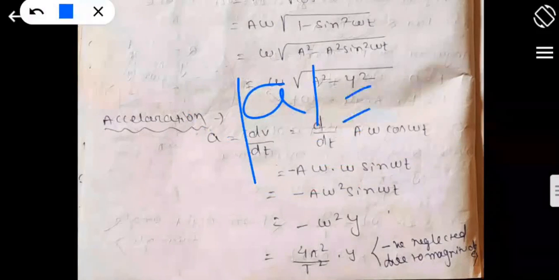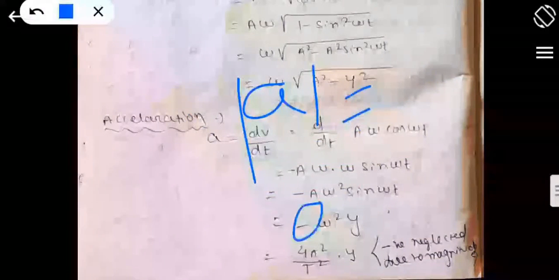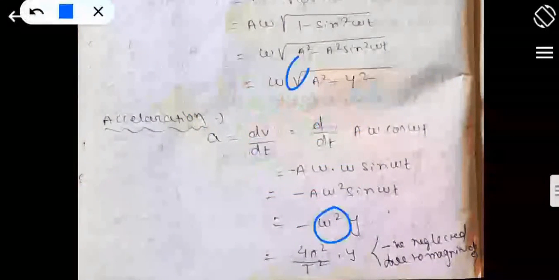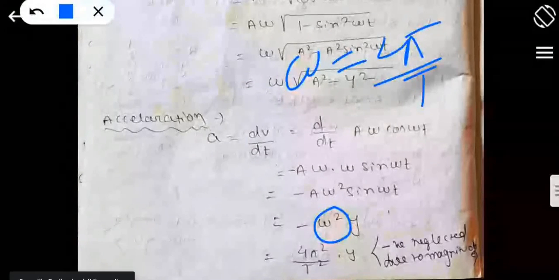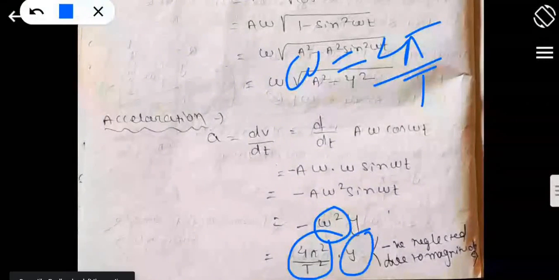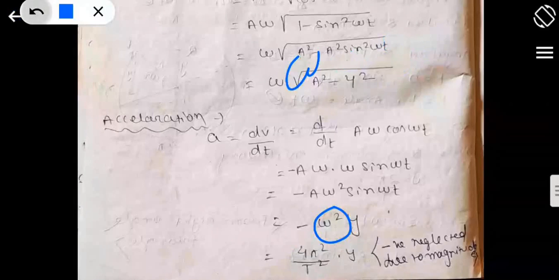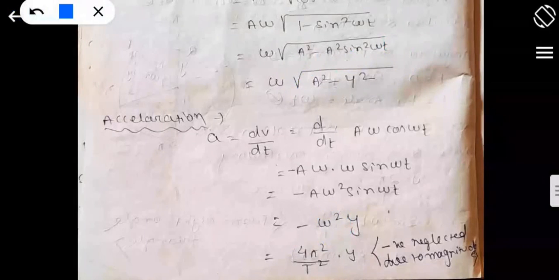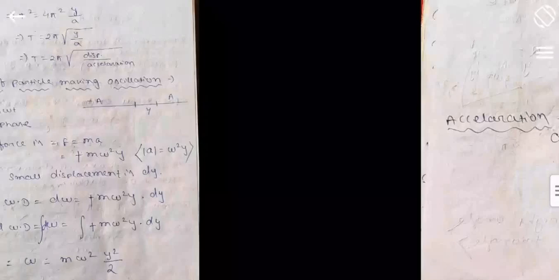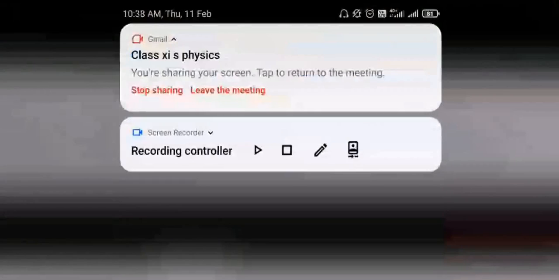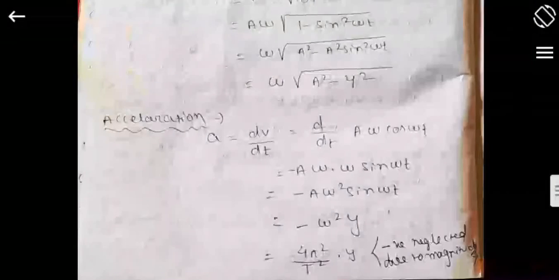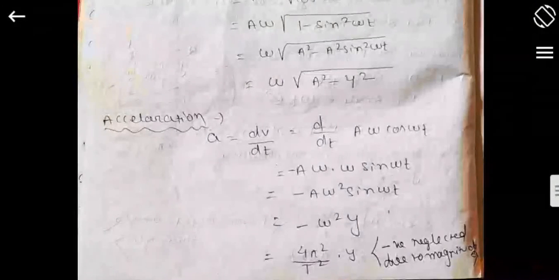So for that case, if I place the omega value, that is 2 pi by T, this will become (2 pi by T) whole square, which is 4 pi square by T square into y. Okay, now proceed further. What you will achieve is 4 pi square into y by a. T square is equal to 4 pi square into y by a.